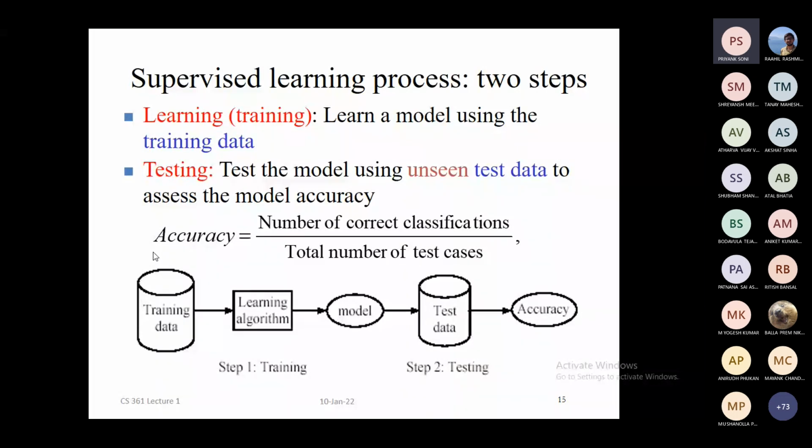Okay, then when the learning algorithm is done, we get a trained model. That model is being trained. Now this is very important: what do you mean by a trained model? And that we'll discuss,